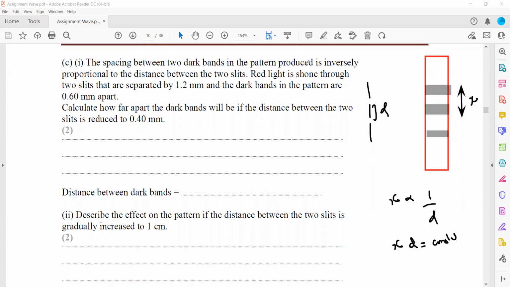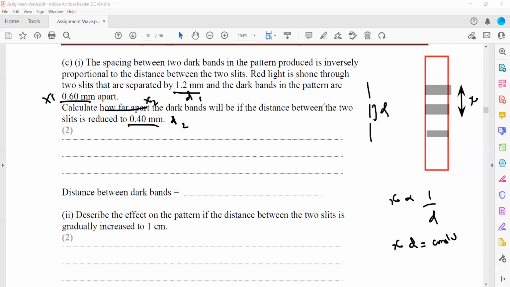So the two dark bands produce inversely proportional. The red light is shown. Two slits are separated by 1.2 millimeter. So that is a distance. Sorry, the two slits are separated by 1.2, so this is d, not x. And the distance between the pattern is 0.6, so that is x. How far would the pattern be if the distance between the slits is reduced to 0.4? So this is another d. So this is d1, this is x1, and this is d2,